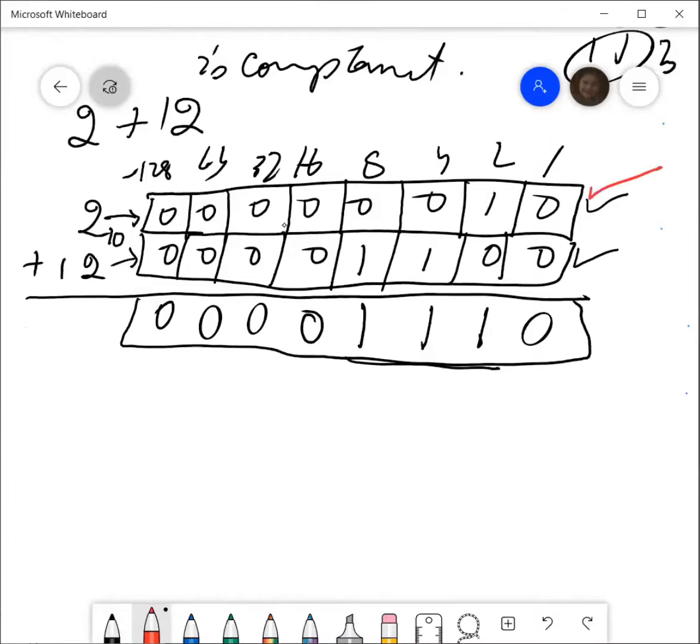सो 2 को पहले मैंने रिप्रेजेंट किया लाइक दिस, लेट मी गिव इट रेड कलर नाउ। पहले मैंने 2 को बाइनरी में कन्वर्ट किया, फिर मैंने 12 को बाइनरी में कन्वर्ट किया और एक एक की 1 by 1 बिट की एडिशन कर ली। 0 plus 0 is equal to 0, 1 plus 0 is equal to 1, 0 plus 1 is equal to 1, and the rest are 0।